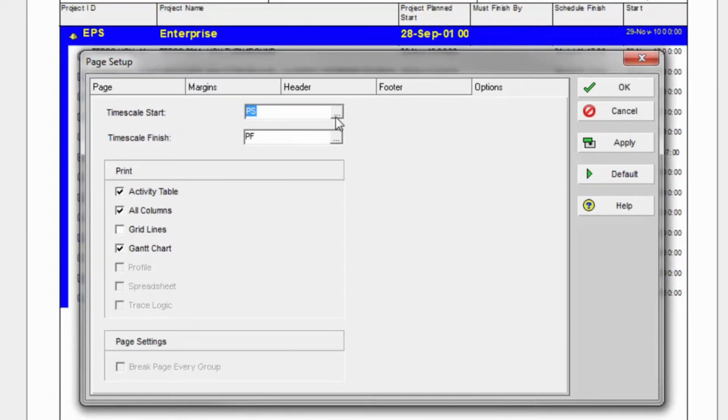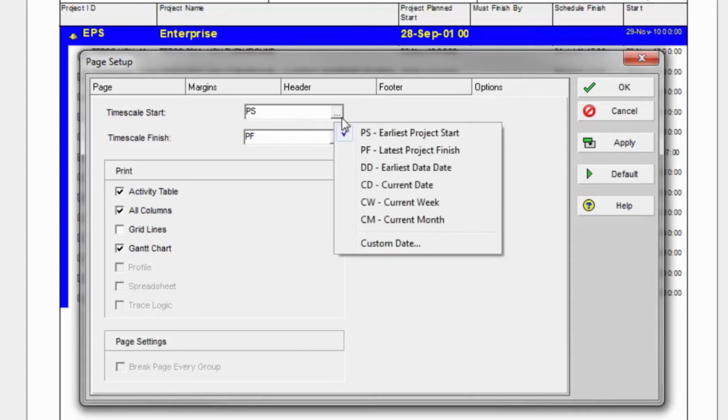Notice how this says PS in there. If I hit the ellipses, I have some options here: PS, PF for project finish, the data date. So if I want this report to be able to work on any project that I open and start at the project start date, then I need to set this as PS. But I also need to make sure that my project start is correct,